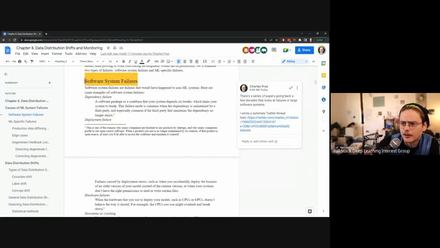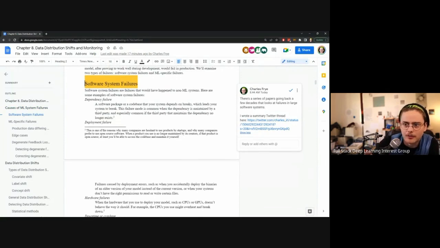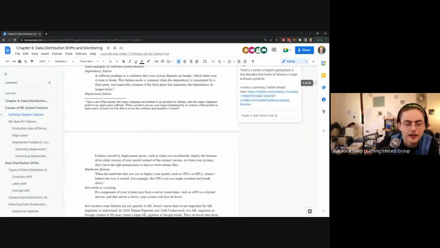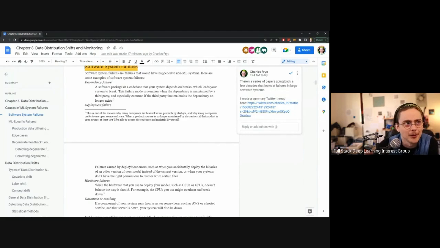So in general, we're all familiar with the ways software systems can fail, because we've run into them or triggered them ourselves. Dependency failure: I ran into that just the other day when I tried to update Flake8 and found a fun dependency conflict. Deployment failure: I ran into that this week while I was deploying something to AWS Lambda. Hardware failures: I haven't run into that recently, but it does happen. It happens a lot at scale when you've got thousands of CPUs or GPUs or tens of thousands of hard disks. Lots of them break.